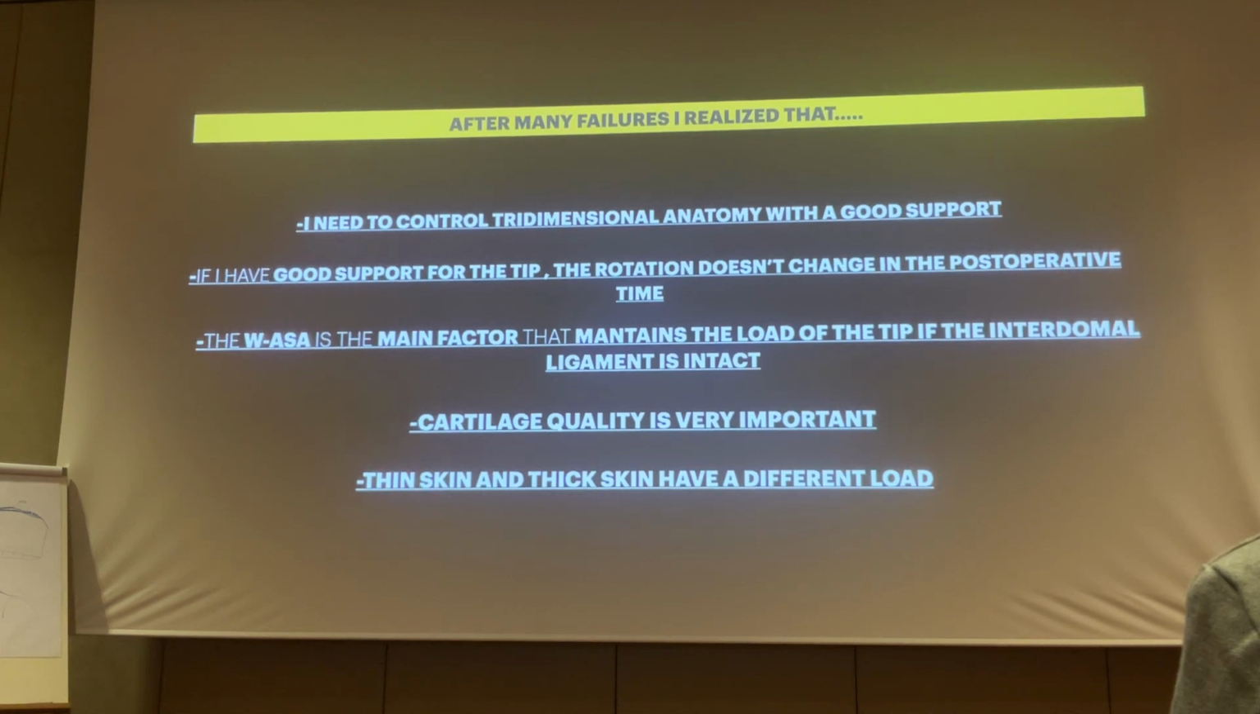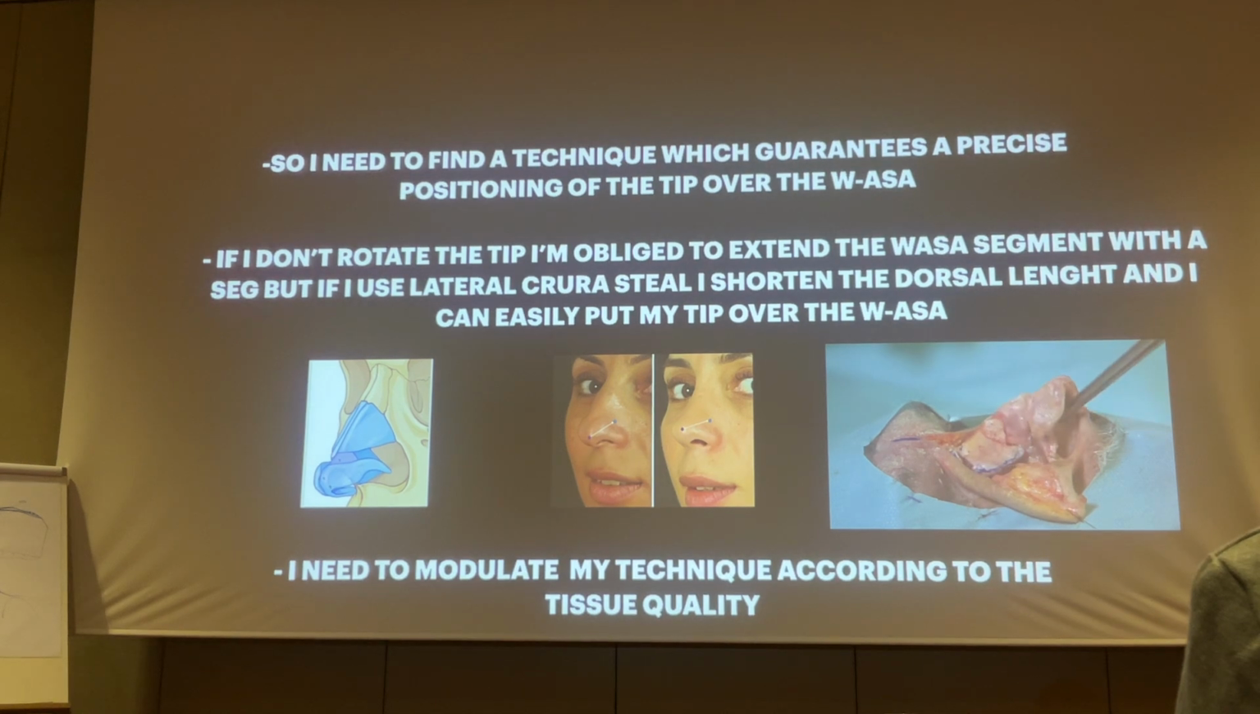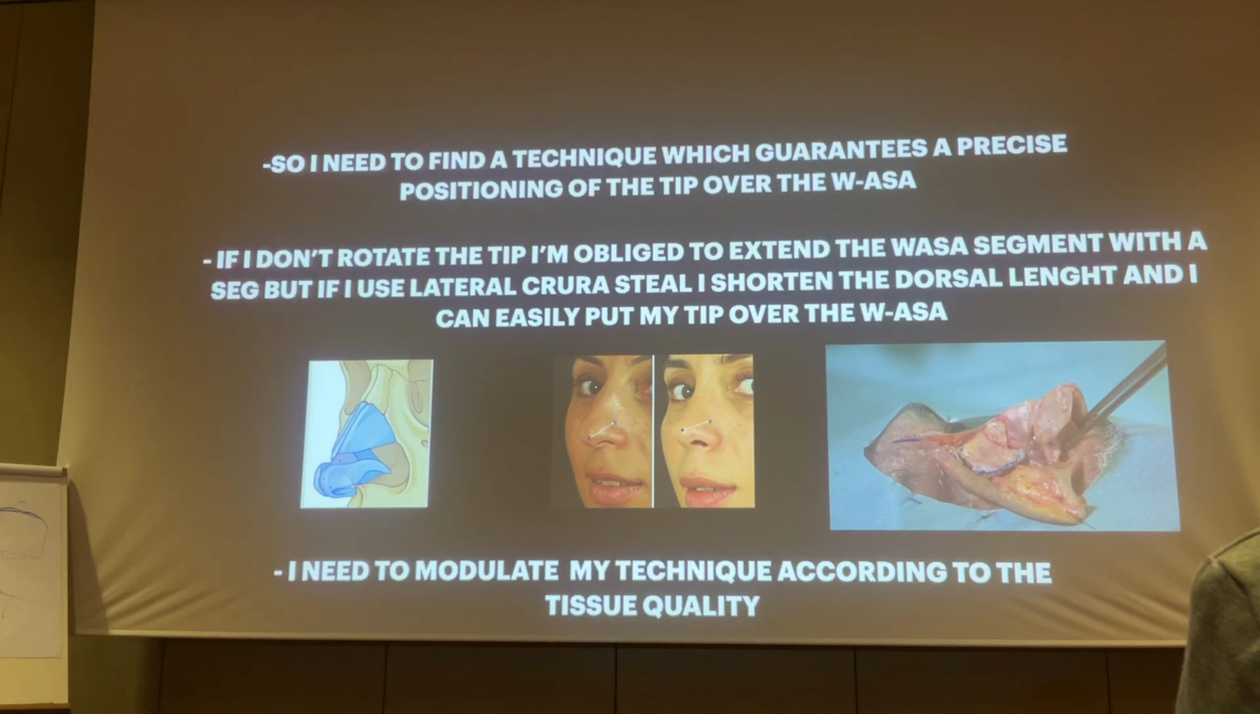If the interdomal ligament is intact... The cartilage quality is very important. If it's weak, it's not going to work. And thin skin and thick skin patients is totally different, because thin skin patients, whatever you do, even just a columellar strut, maybe not in this one, will stay. But thick skin patients is a big problem. You see in South America they use a lot of septal extension graft, and this is the reason. So I need to find a technique which guarantees a precise positioning of the tip over the Wasa segment. If I don't rotate the tip, I'm obliged to extend the Wasa segment with the septal extension graft. What I want to say with this,